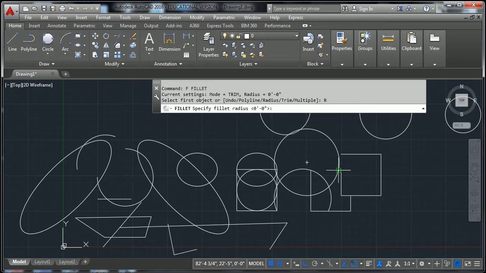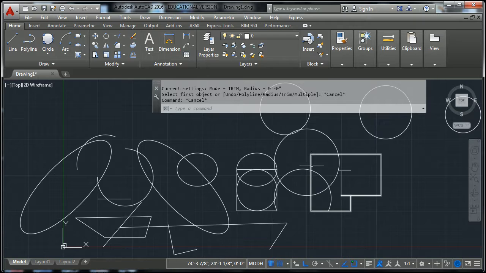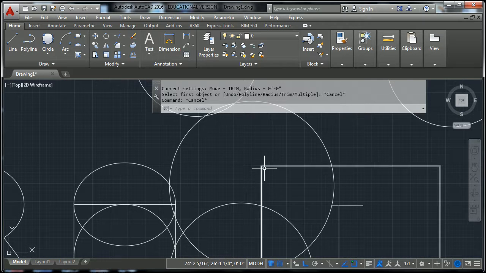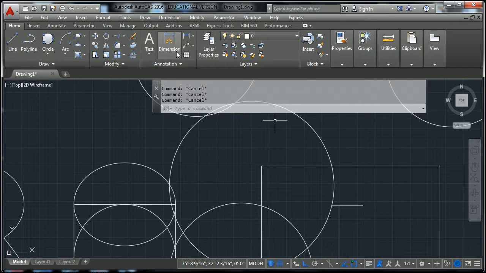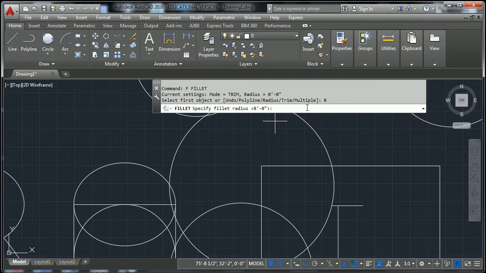If it is 0, then select the object, and that will take the fillet. If we wanted to, of course, change the radius, you could say, let's say 1 inch, and then when you fillet